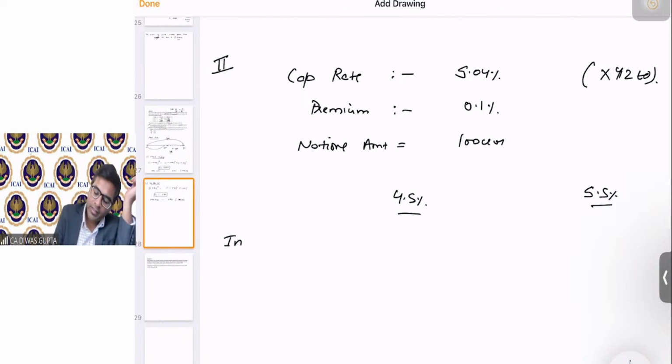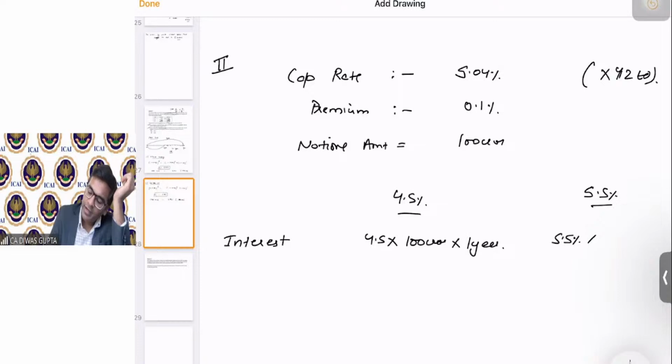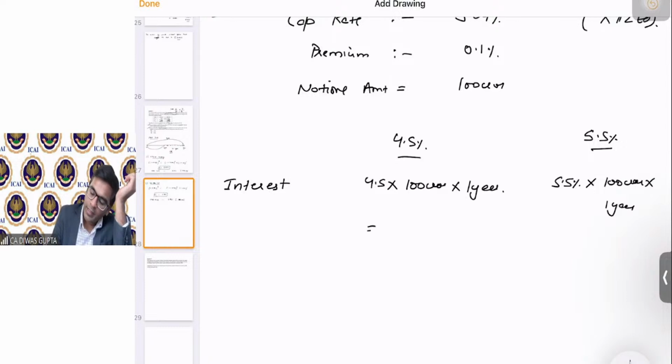So the interest payment will happen on the actuals, right? Here also 5.5 percentage into 100 crores into 1 year. Okay. So here it becomes 4.5 crores. Here it becomes,